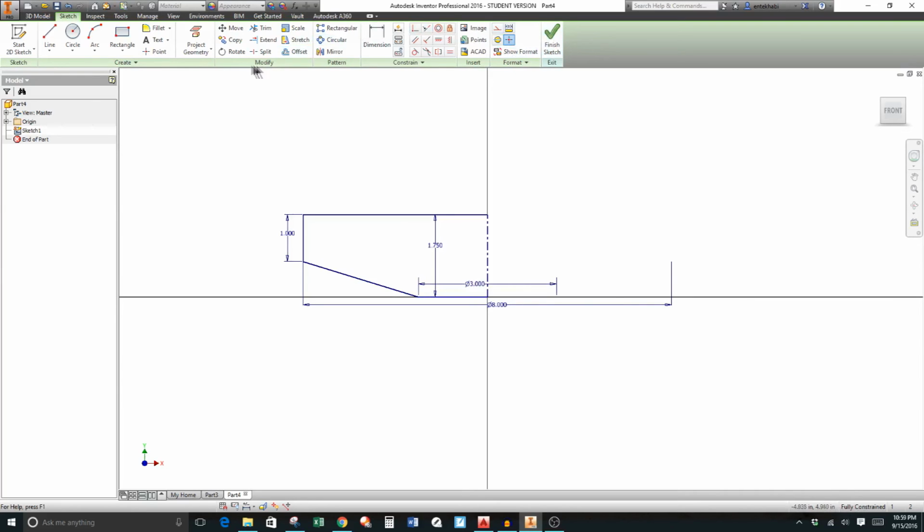So it's fully constrained. Now before we finish the sketch, we need to mirror this, and we mirror and select all the objects that need to be mirrored, and then we select the mirror line. The mirror line is the center line in this case, and we apply, and that is fully constrained, and